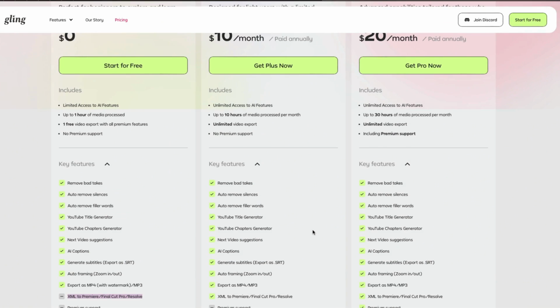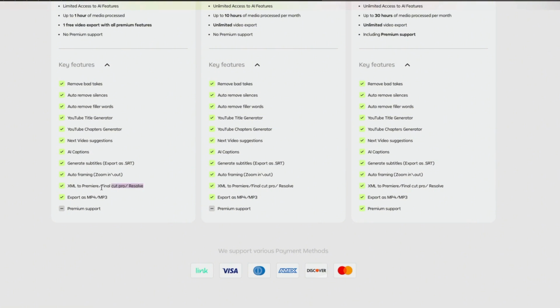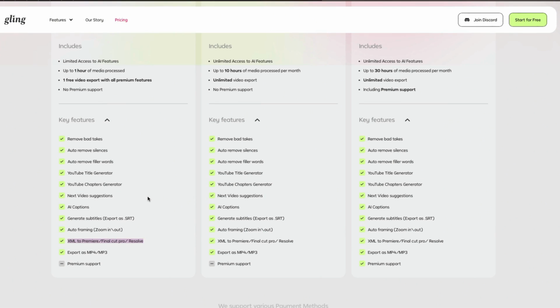But something weird is that when you click on monthly, then you see that this is included. But I think what they meant is that you have one free video export. So I don't think this is something that you will have after the one free video, but I'm not so sure. If someone tested this, please comment down below so we can know if this was just an error of